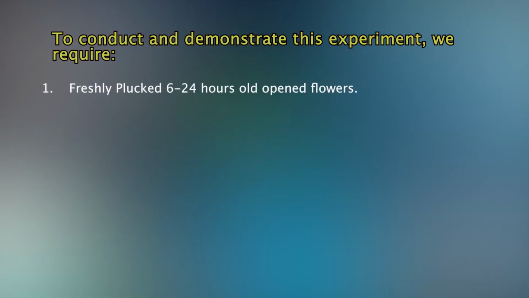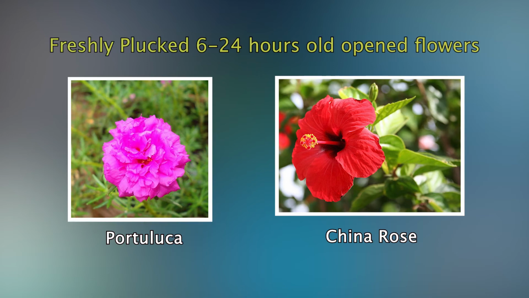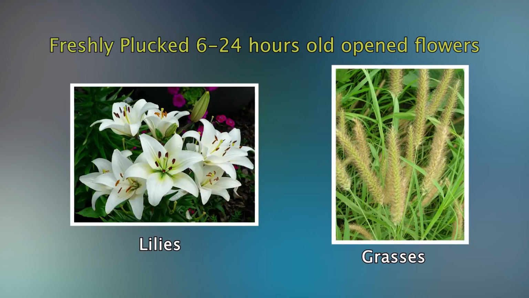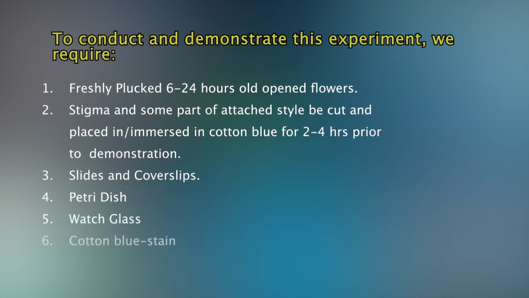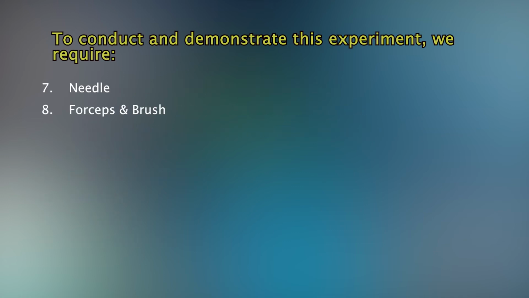To conduct and demonstrate the experiment, we require freshly plucked open flowers within 6 to 24 hours of anthesis. We may choose any flower, such as Portulaca, China rose, Datura, Petunia, lilies, grasses, or cereals. It is suggested that the cut stalks of the flowers be kept in a beaker filled with water till the flowers are used in our experiments. We need slides and cover slips, petri dish, watch glass, cotton blue stain, needle, forceps, brush, compound microscope, blotting paper